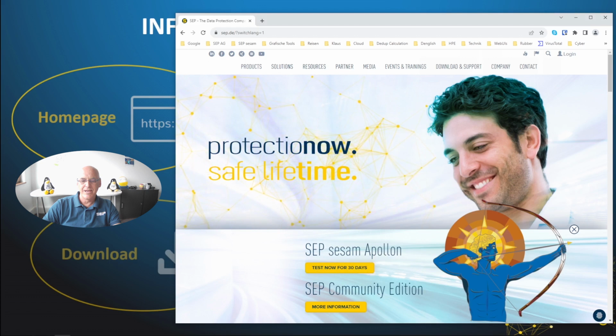You can see that we have a brand new community edition. So if you would like to use our software in a productive environment at home or in smaller environments, use our free community edition. Here in the